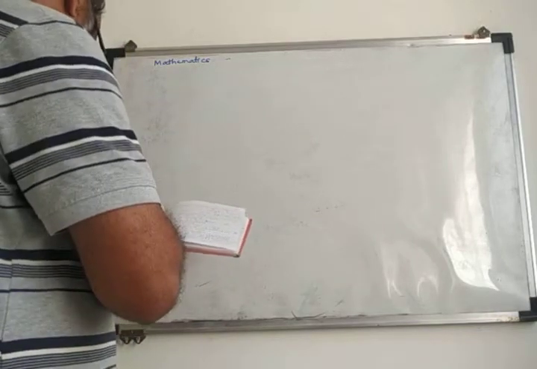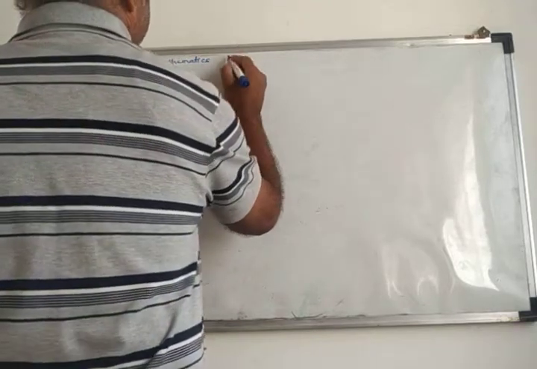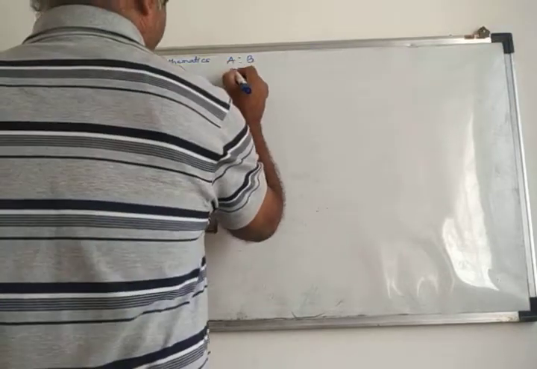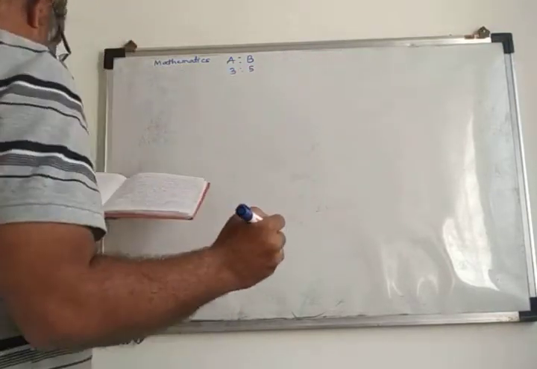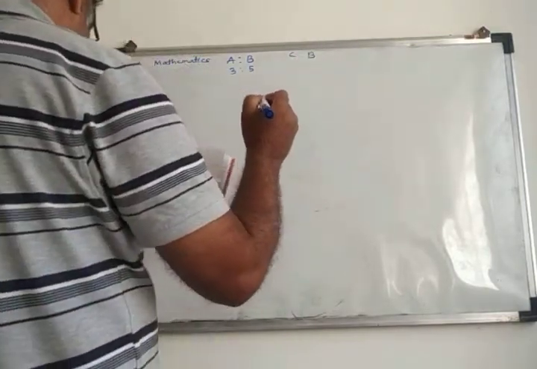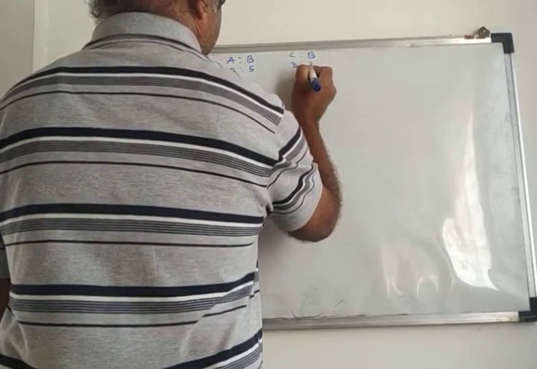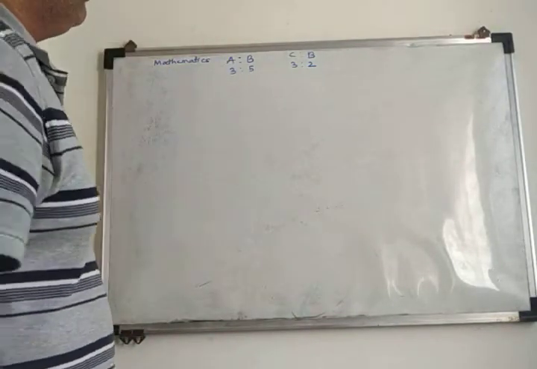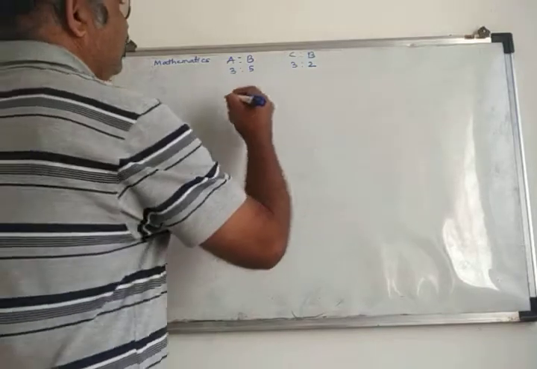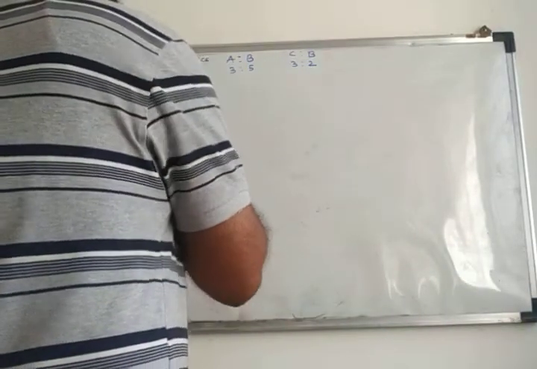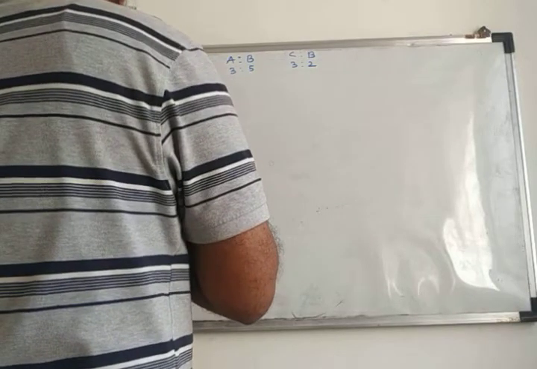Here they have given the salaries of A is to B is 3 is to 5, and the salaries of C is to B is 3 is to 2. This question is also the same kind, from a question bank or practice set. They have asked for the sum, and they have given one hint again: the salary of C is